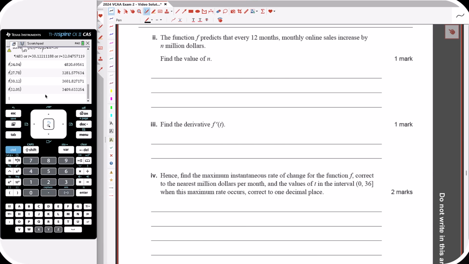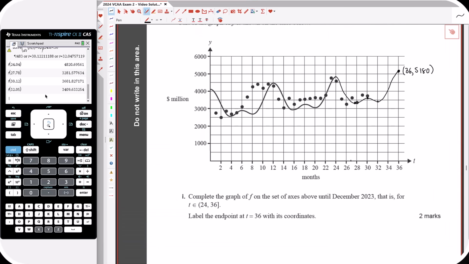Okay, so part 2, the function f predicts that every 12 months, monthly online sales increase by N million dollars. So what we're looking at is, if we go on by 12 months, what was the increase in sales? So if we do F at 12 minus F at 0,